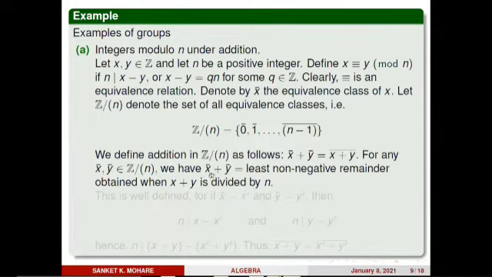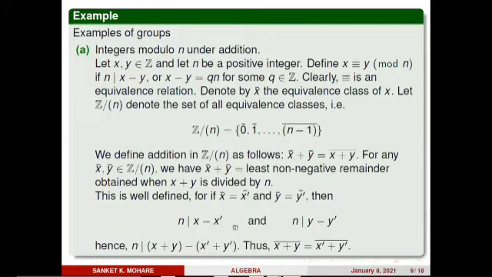Now we are going to prove this sum is well defined. Suppose conjugate x equals conjugate of x dash and conjugate of y equals conjugate of y dash. Then clearly n divides x minus x dash and n divides y minus y dash. Hence by the property of divisibility, n divides the sum of these two integers, x minus x dash and y minus y dash, which can be expressed as x plus y minus x dash plus y dash. As n divides this, this implies conjugate of x plus y equals conjugate of x dash plus y dash. So hence this sum is well defined.